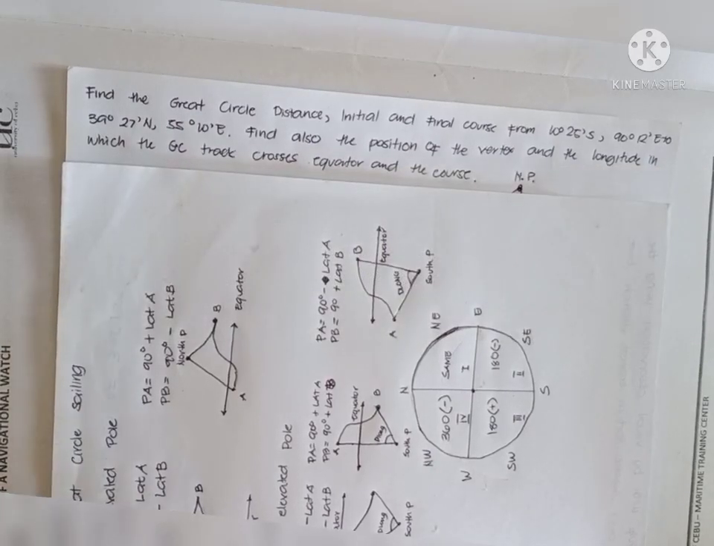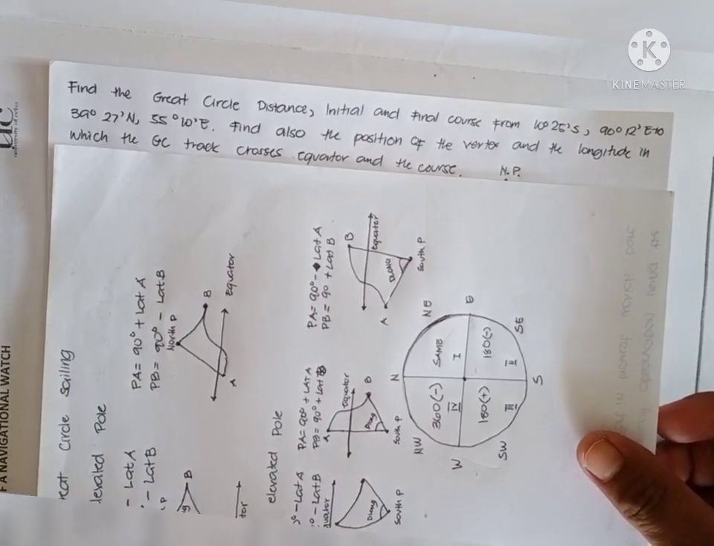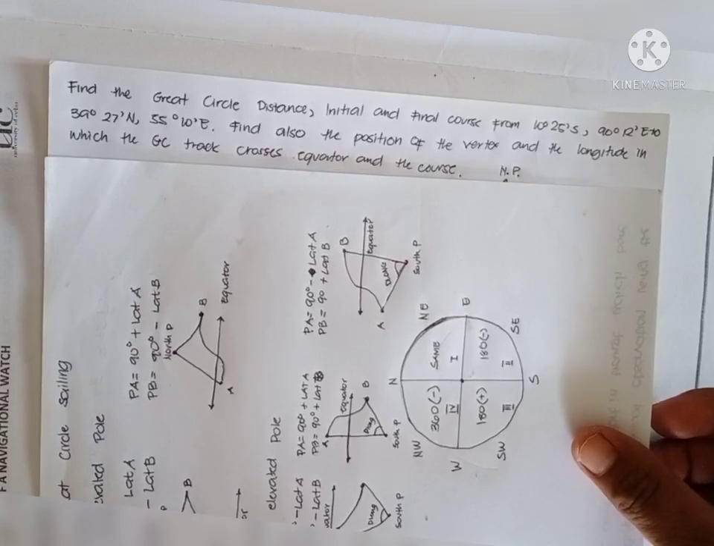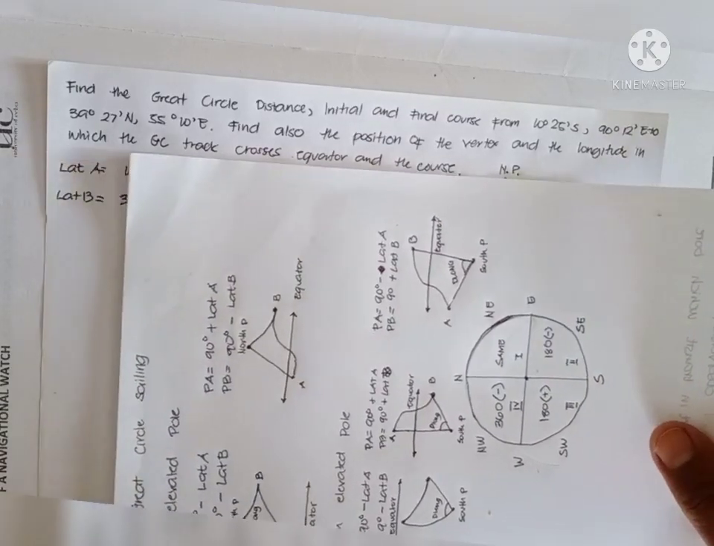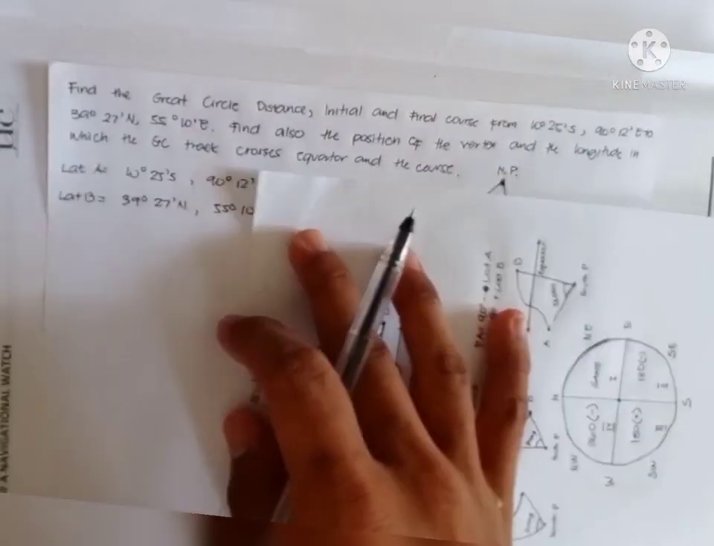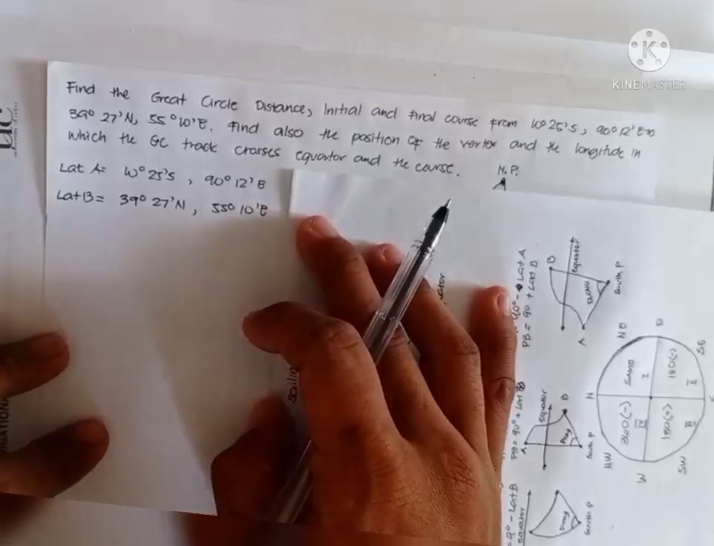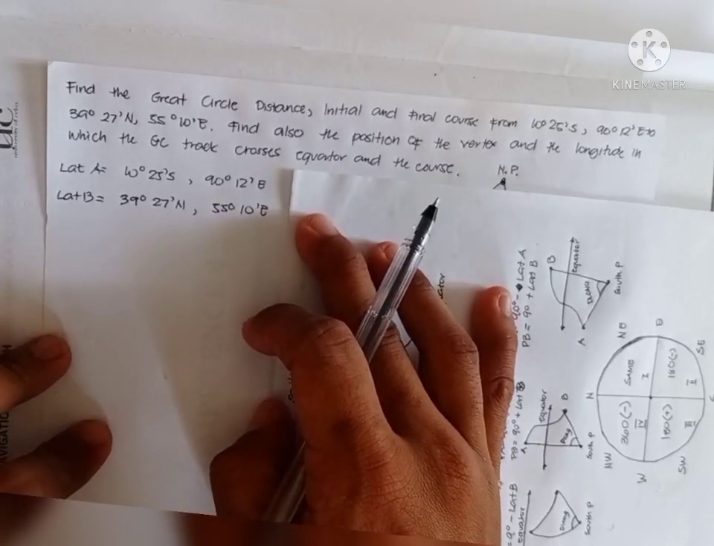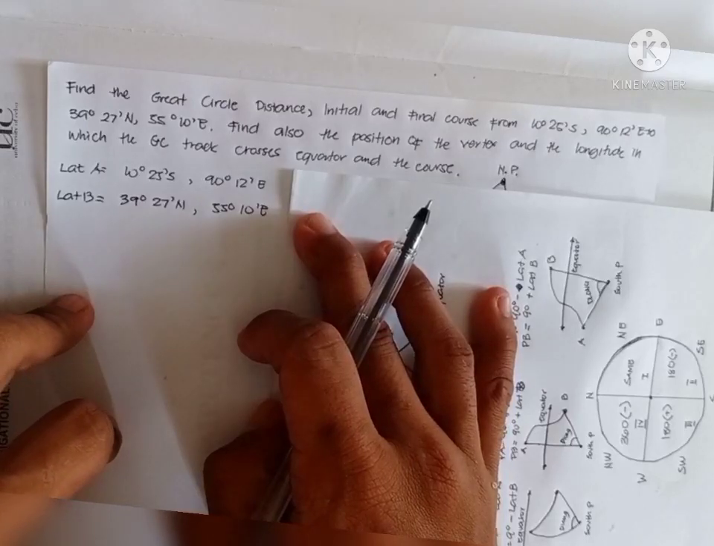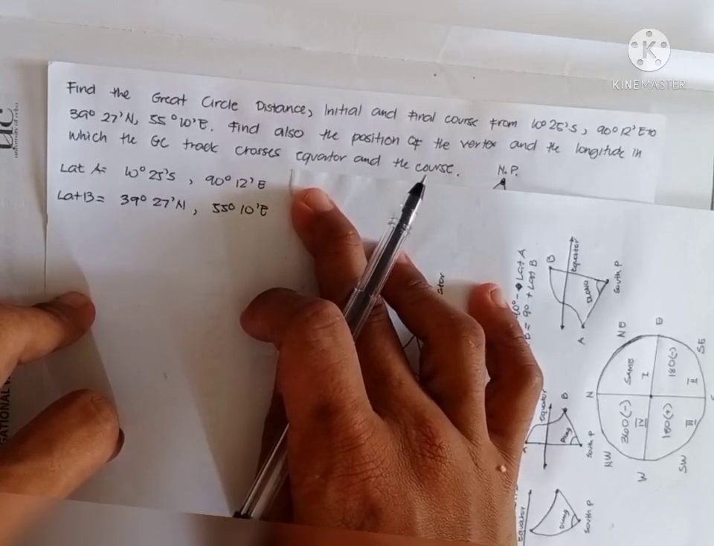So the first thing to do is to find the lat A and lat B. Since I've already written this, here is our lat A and lat B. The second step, since I already wrote it, is our